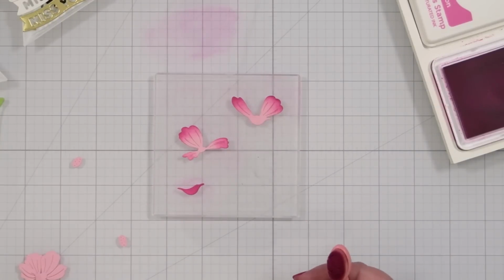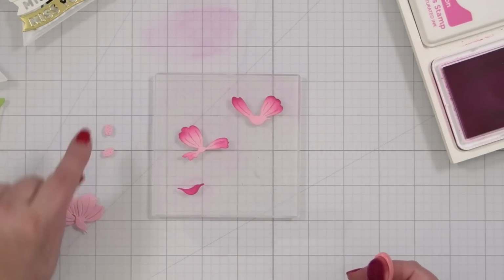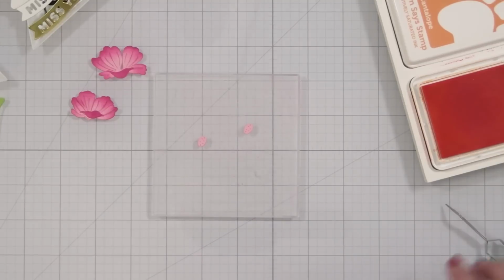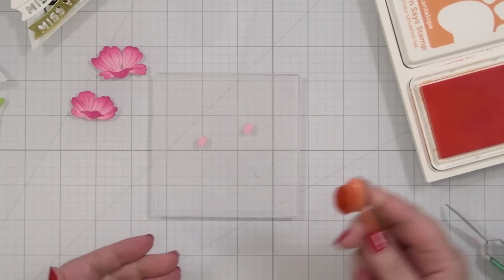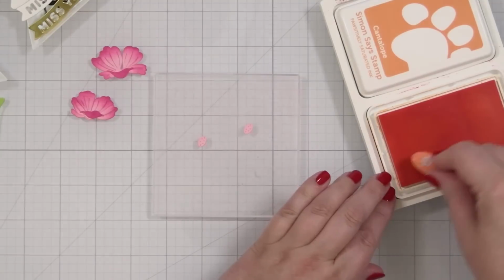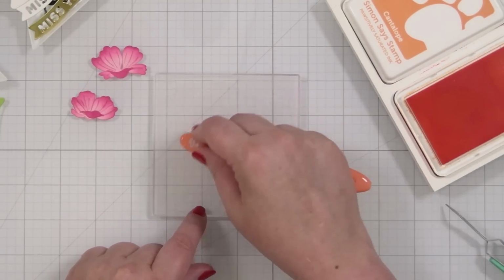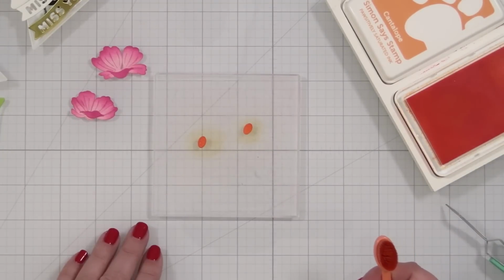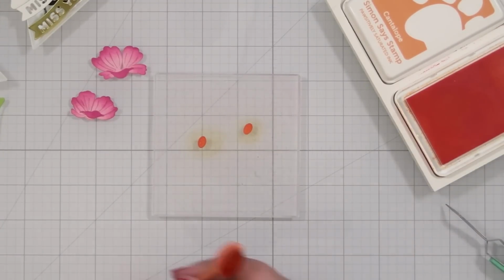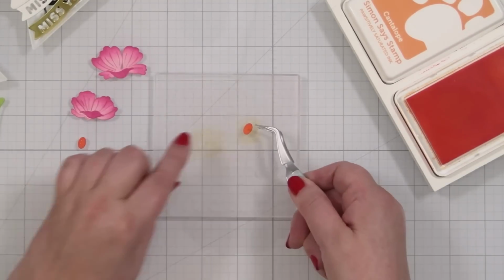All right, I'm going to repeat the same thing for this flower and then move on to doing these centers, which I decided I'm going to keep pink, but I'm going to blend on some orange. So now I'm going to take this cardstock that's pink, and I think I'm just going to put Cantaloupe over the top. If this doesn't work, I will go with something else, but I thought that this would be nice because then we get an orange that would look really pretty in there, and I love pink and orange together. So that's all I'm going to do. I'll let these just dry back a little bit, and those are going to be in the centers of